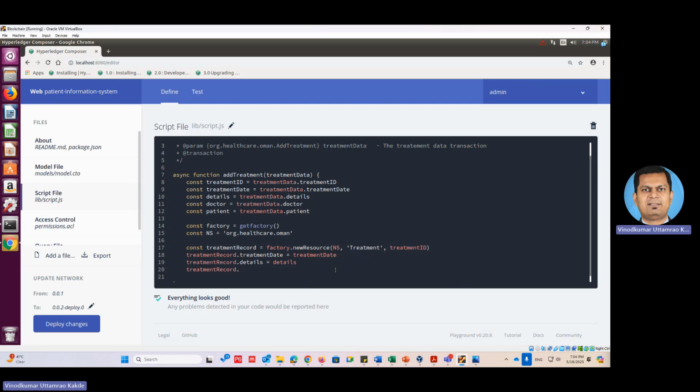What we are adding, doctor, right? Doctor. Now how we are going to get this? Okay. So here we have to again make use of the get factory method because we are going to get from the doctors table, right? So say factory